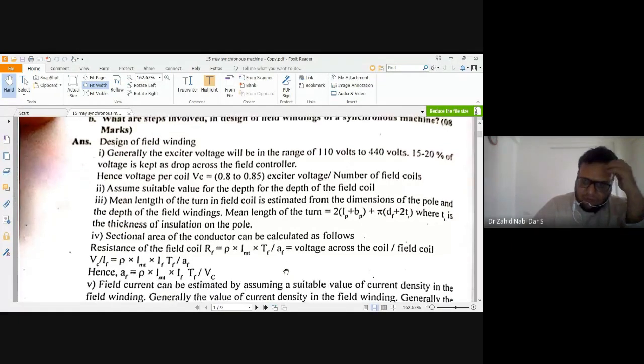So that is your voltage across the coil divided by the field coil. If you want the resistance now, the resistance can also be expressed as voltage across the coil divided by your current. So again you have voltage, you have this resistance already. This resistance, if you have VC divided by IF, you get around this formula from here.